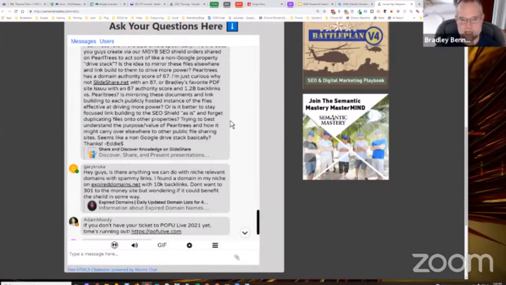And so, no, we give you the base through the SEO Shield and through the syndication network, which is part of the SEO Shield, and the drive stack and the G site and the ID page and PearlTrees and Press Advantage and all those things that we give you. That's the base. That's the foundation. But you should constantly expand that footprint, and that's what Syndication Academy is all about, even not necessarily to syndicate content to. That would be nice, and some of them we can, but the vast majority of them we don't. But we are ever expanding our entity footprint by placing a branded profile on more and more platforms,